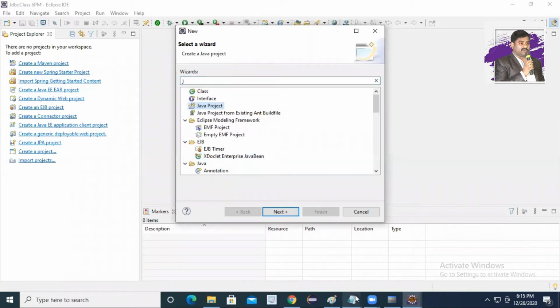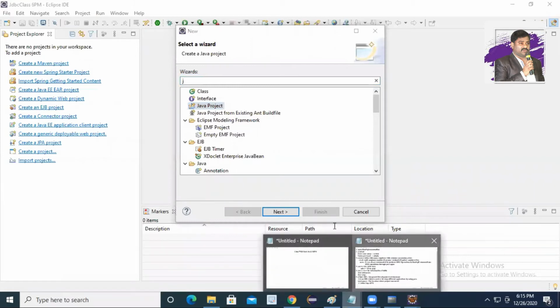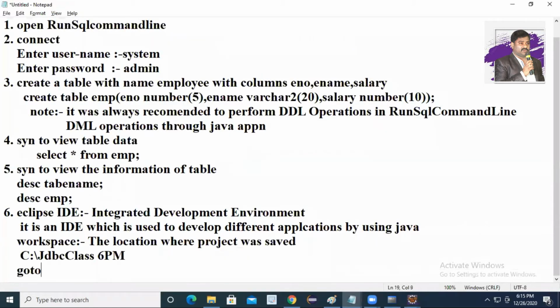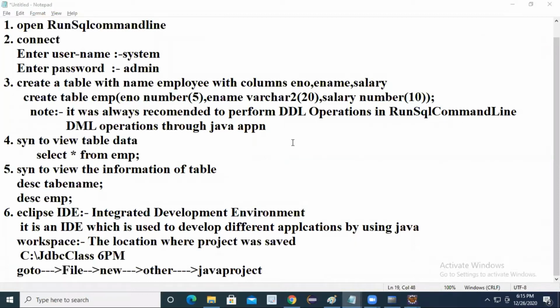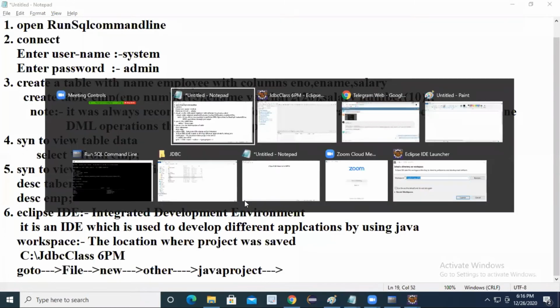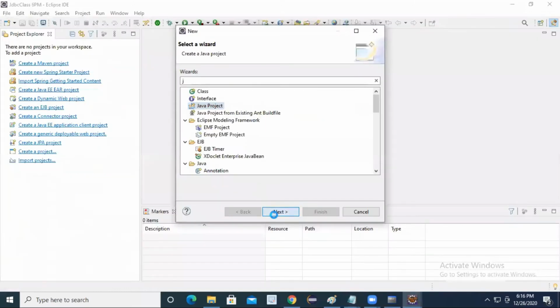I will write the steps also. Go to File, New, Other. There you can select Java Project. If you have any installation issue, I will tell you at the end of the session. Click on the Next button.